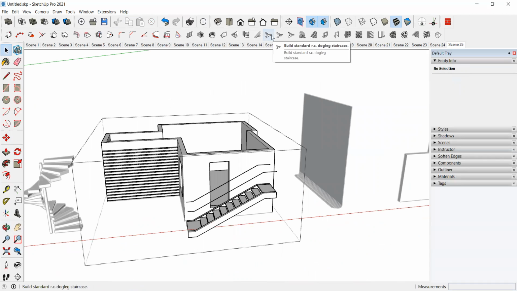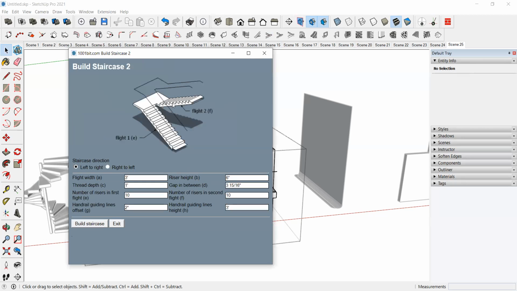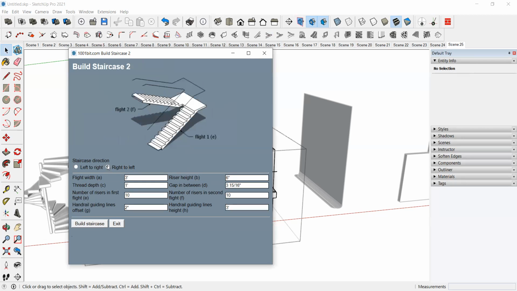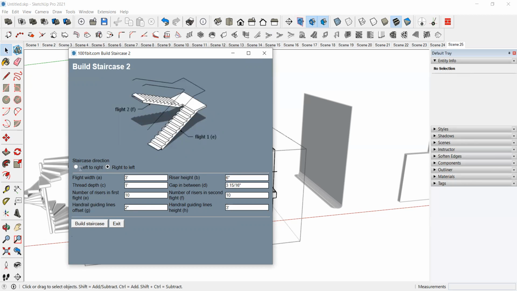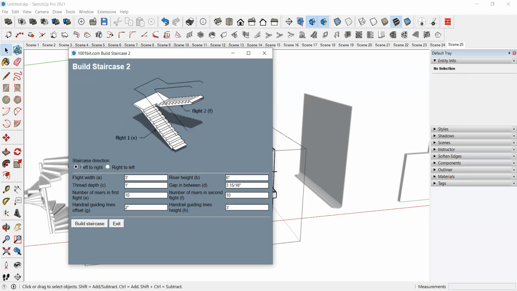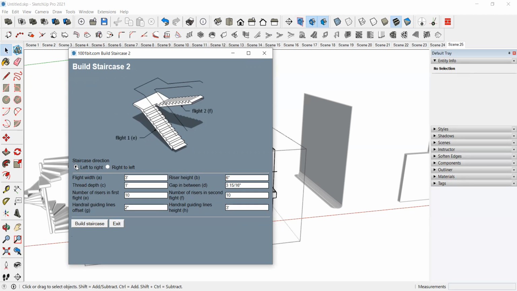And we have a dog-legged staircase also. Okay, it means it will come in, it will take a u-turn, dog-legged one. So right to left or left to right. Okay, we'll take left to right. So here same, what is the flight width and riser height, thread depth.